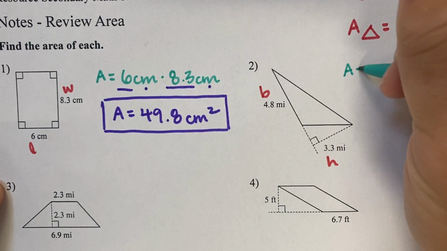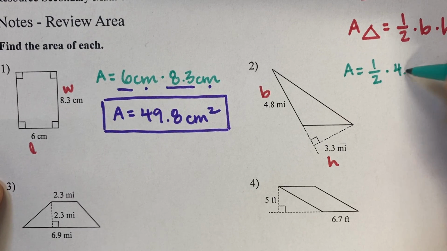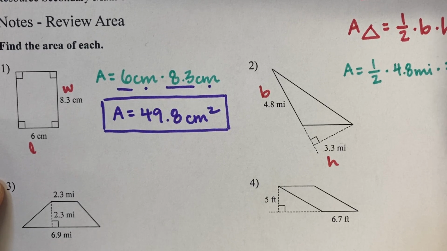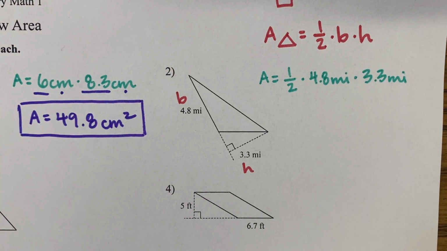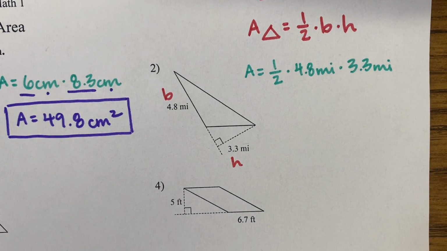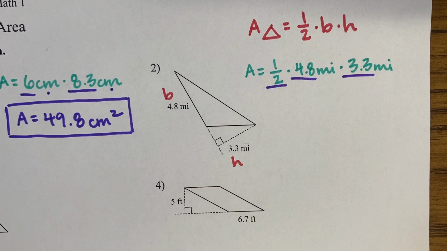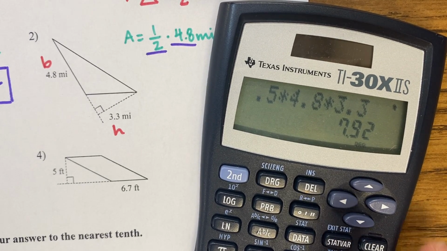So we have area equals 1/2 times my base, 4.8 miles, times my height, 3.3 miles. Whoops, can't see it. There we go. Okay, so now I need to punch in 1/2 times 4.8 times 3.3. Okay, 1/2 in our calculator is 0.5 times 4.8 times 3.3. And we get